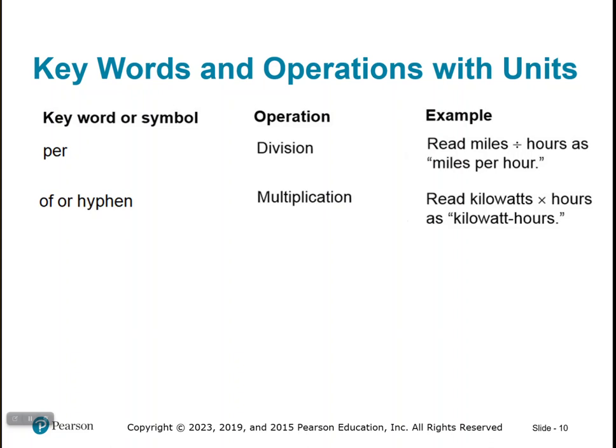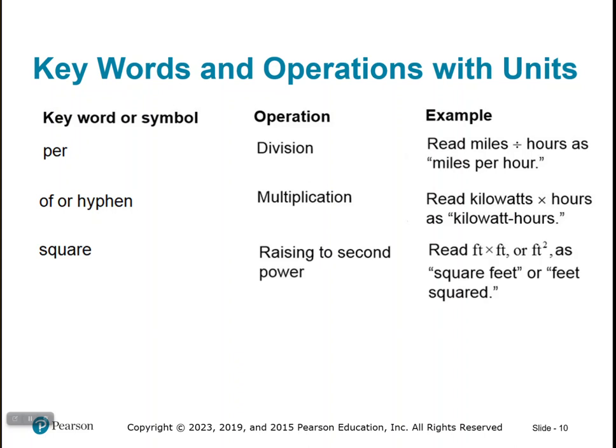If you see the word of or a hyphen, that's telling you it's multiplication. You might find on your utility bill kilowatt hours. That's kilowatts times hours. All right, so per if it's a division, usually a hyphen or of if it's multiplication. Square is raising to a second power. And it's literally also, if I want 2 square feet,